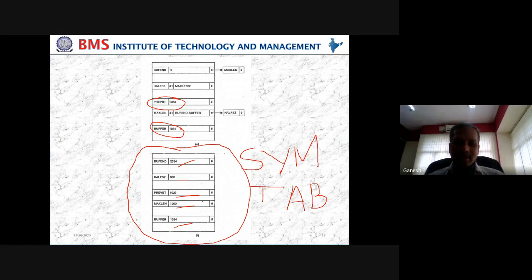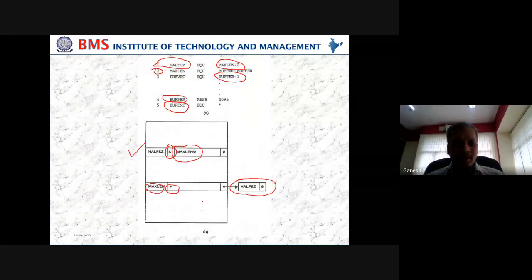So what is the point here? Whenever you have multiple forward references for multiple labels, nothing to worry. The only thing is we need to incur an additional data structure called a linked list, and how that linked list is growing is what we have to see. As and when a new undefined label is encountered, that label will be entered into the symbol table along with the number of required labels and the list of labels. At the same time, the label name is also entered back into the symbol table with the information that once that value is known, this is where the value needs to be used.